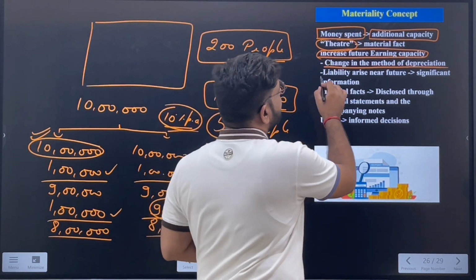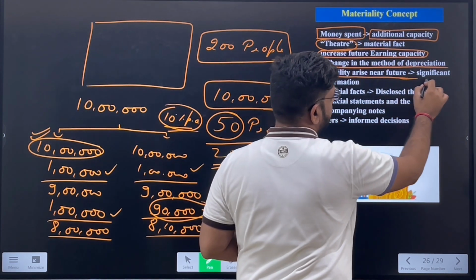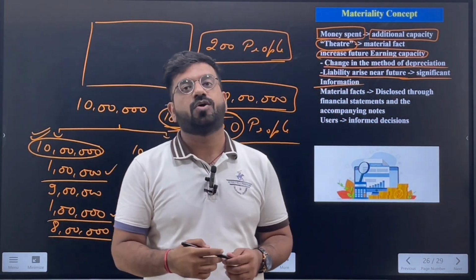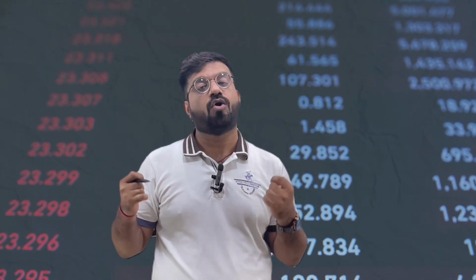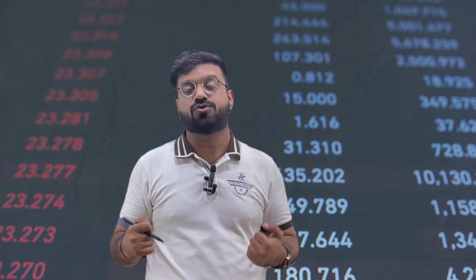Okay, next, a liability which can arise in the near future is also significant information, because everyone is of the view that in future no liability is to be incurred, no amount has to be paid. But uncertainties are always possible. If a person gets to know immediately that there is a possibility of a liability which has to be paid in future, this is significant information, which should be known to the users, so that they can be prepared that yes, the amount will be spent, the amount will be paid, which will reduce the profitability of that company. So these are all the material facts which have to be disclosed.